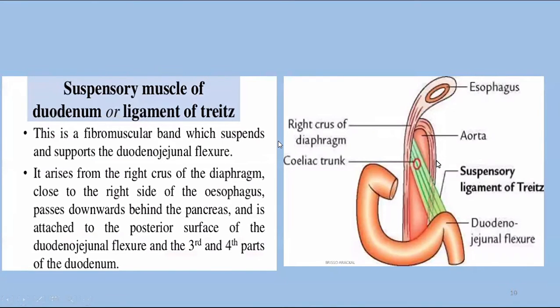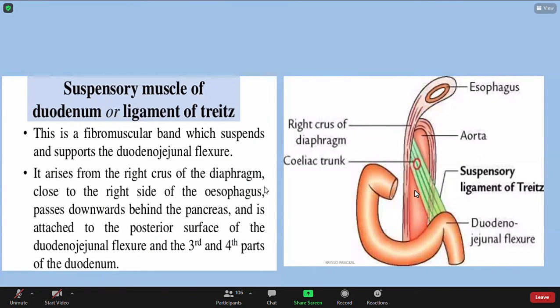It arises from the right crus of the diaphragm, close to the esophagus, and passes downwards behind the pancreas, and is attached to the posterior surface of the duodenojejunal flexure, and the third and fourth parts of the duodenum. Now, the clinical significance of this ligament,